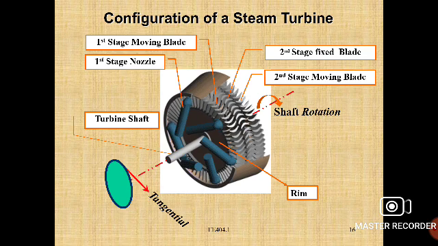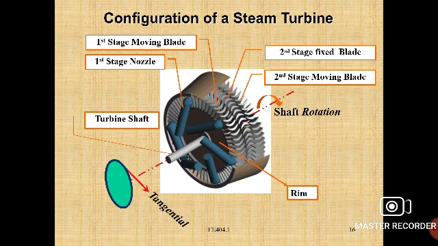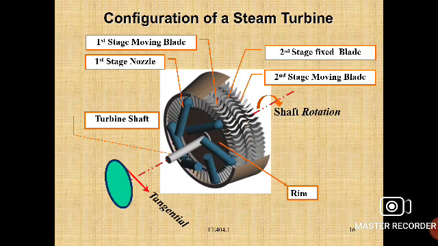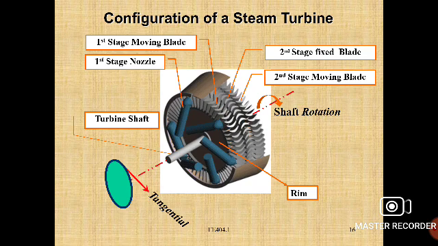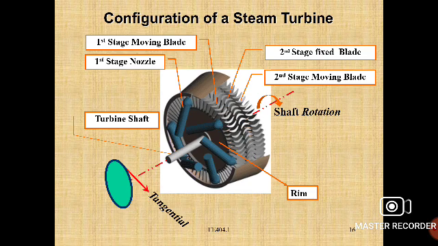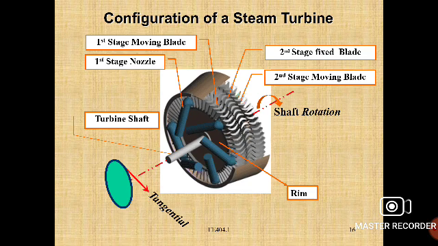The shaft will not run directly. First of all, with the help of the nozzles, the steam flows from the boiler to the turbine. Then the continuous flow of steam, like air, makes the moving blades placed on the shaft rotate. They move continuously, revolving as the steam enters the moving blades.